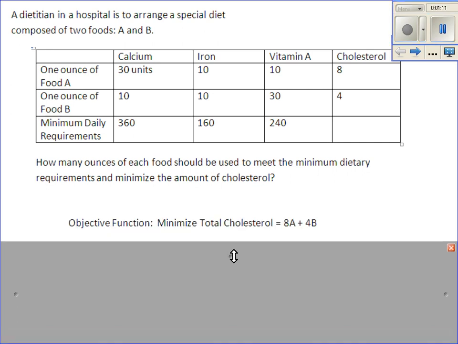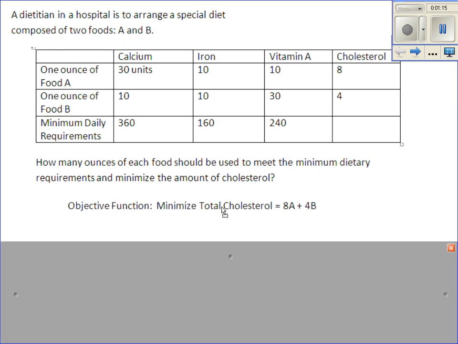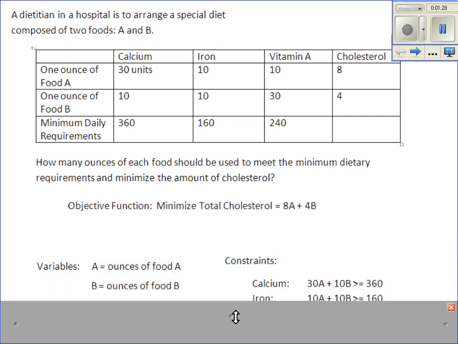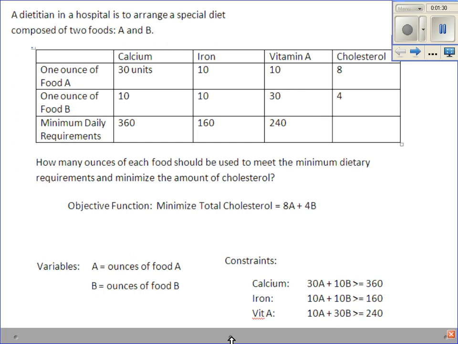So our objective function is going to be to minimize the total amount of cholesterol. Each ounce of food A has 8 units of cholesterol. Each ounce of food B has 4 units of cholesterol. So the total amount of cholesterol, with A being the number of ounces of food A and B being the number of ounces of food B, is going to be 8A